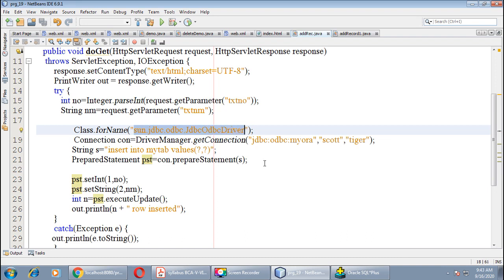As we have done a lot of practicals of connectivity in our unit 1, the same code I have used for the servlet connectivity also. Okay, fine. The second step is to use the getConnection method, and if you are doing the connection with Oracle, you have to provide the URL for your DSN as well as username and password. Okay, here it is.